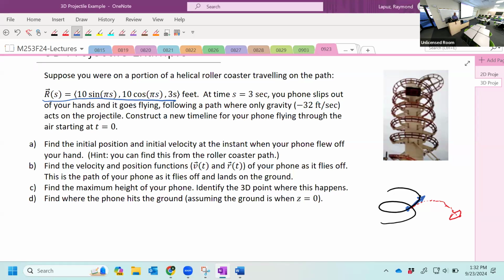So it turns out that the initial position, I'll call that little r sub 0, and we'll just call the phone's time parameter t, and then the roller coaster is just s. That's not a big deal. It is going to be